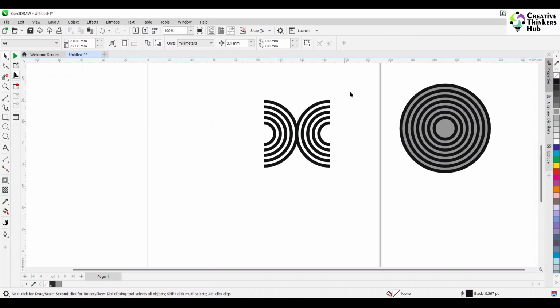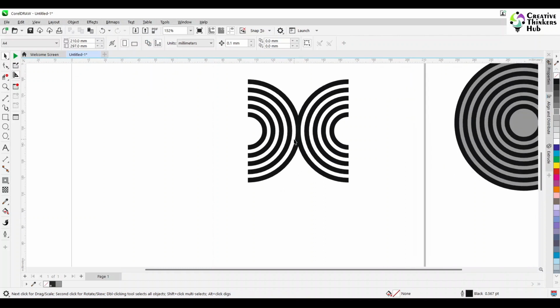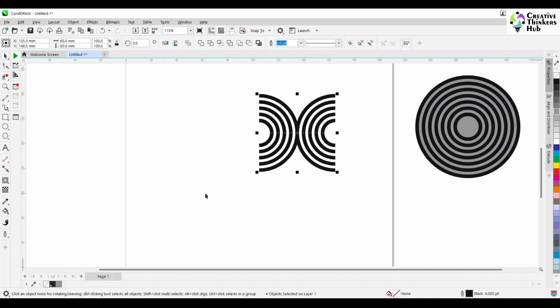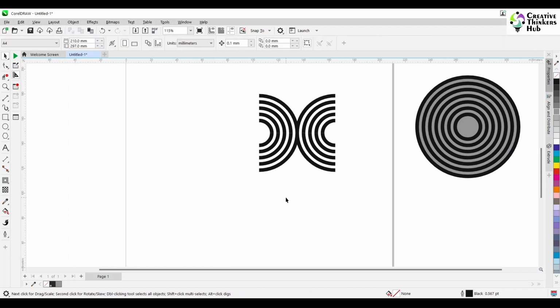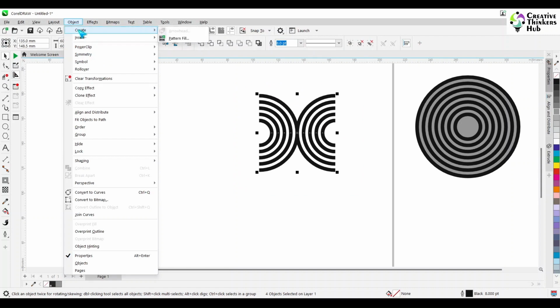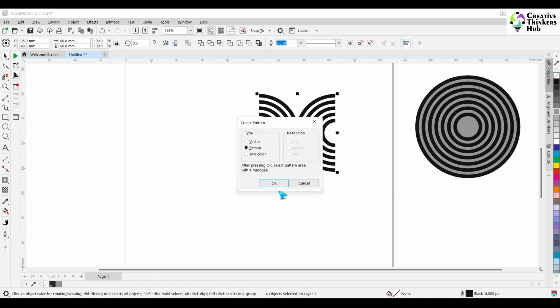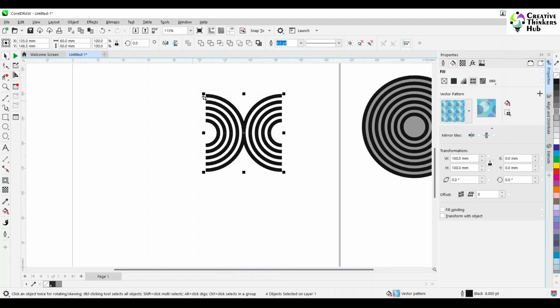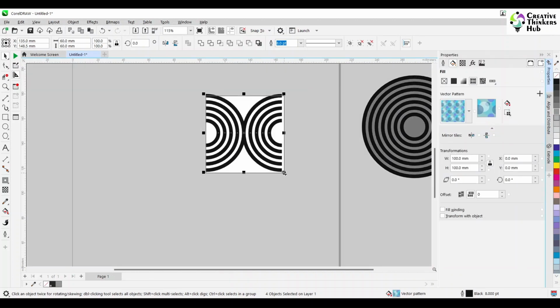Okay, so it's coinciding with each other, and we are going to now let this be just the way it is. So this is a perfect square, and you have to select this, say object, create, pattern fill. So what type of pattern do you want to fill? We say that we want it vector. Okay, and say okay. So this space, and make sure that these crop marks are perfectly in sync